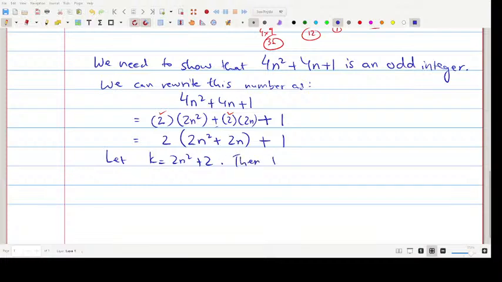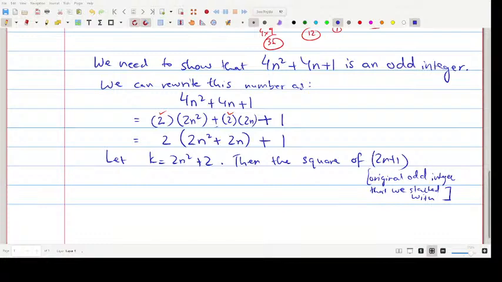Then the square of 2n plus 1, which is the original odd integer that we started with, is 2k plus 1, right? And by the claim that we had written above,